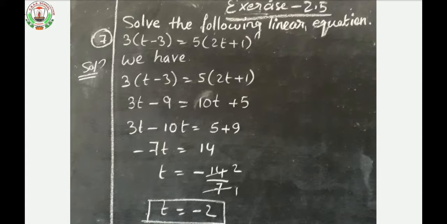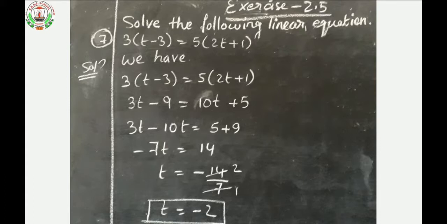So next step, we have to transpose the variable terms to one side and the non-variable terms, that is constants, to the other side. Here look, 3t is there. Now we are going to transpose 10t from the right hand side to the left hand side. In the right hand side 10t is in the form of plus, isn't it? So when we transpose, its sign will get changed. So the equation we are getting is 3t minus 10t.